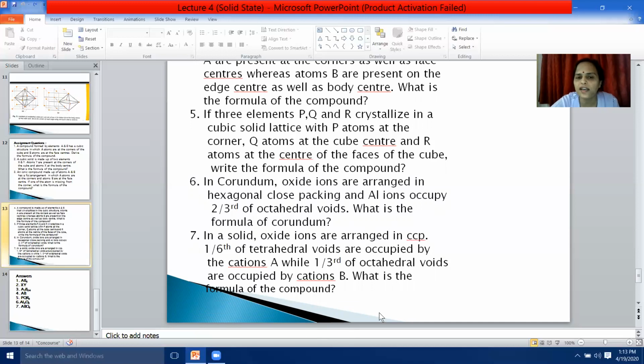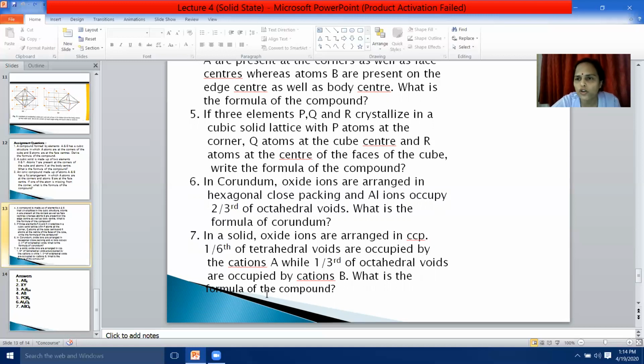So oxide ions, since they are arranged in CCP, let its value be equal to N. 1/6 of tetrahedral voids are occupied by cations A. I said the number of tetrahedral voids that are generated is equal to double the number of close packed structures present, that is 2n into 1/6. So 2n by 6 gives you the value 1/3n. So the value of the cation A is equal to 1/3n,